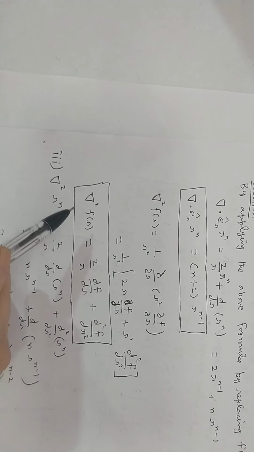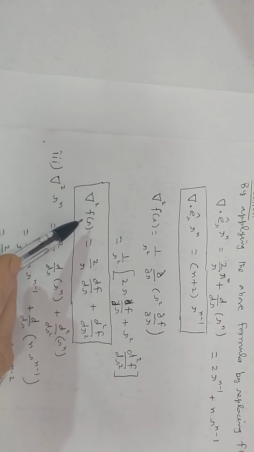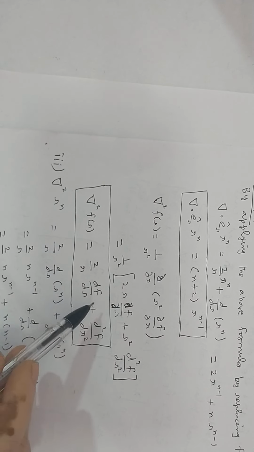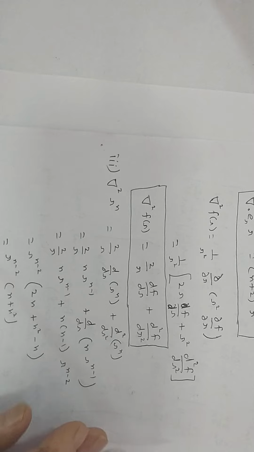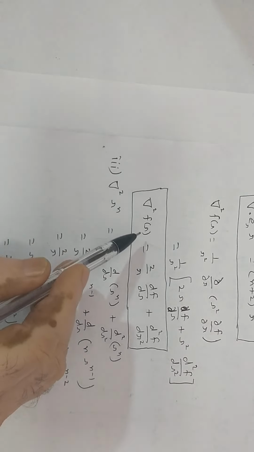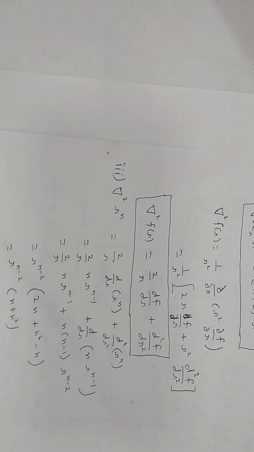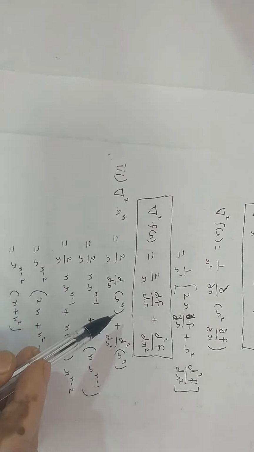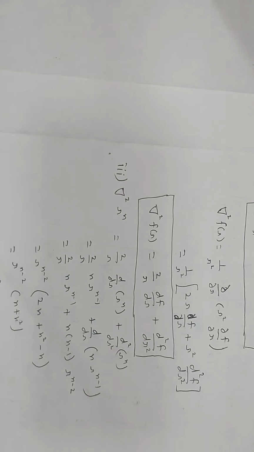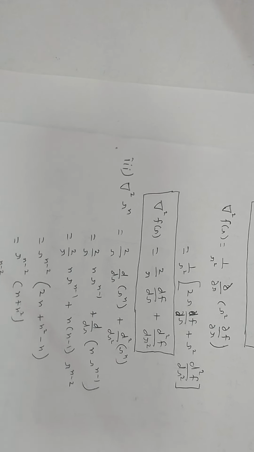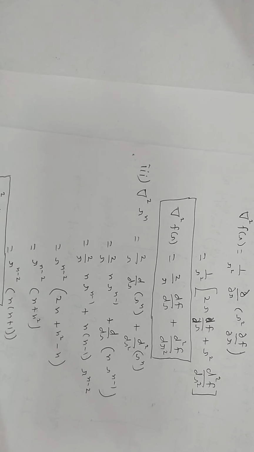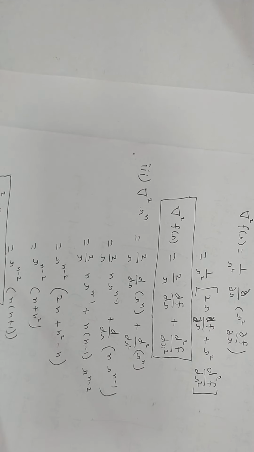If you use this formula, the Laplacian del square f of r is equal to 2 by r df by dr plus d square f by dr square. If f of r is replaced by r power n, because usually the question asked is to evaluate del square r power n, then using this expression you can find the result very easily. So del square r power n is equal to n into n plus 1 r power n minus 2. If you use Cartesian coordinates,